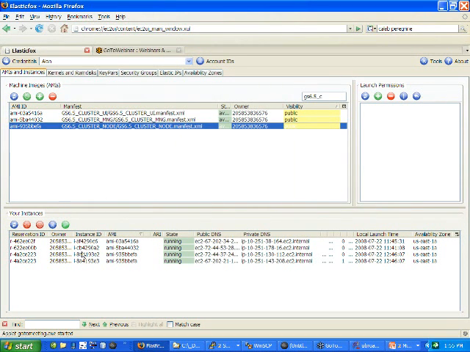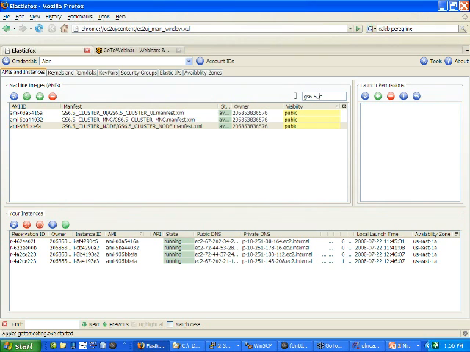Right now I've got a few images. This is the ElasticFox interface, which is free and a lot of fun to use. There are hundreds and hundreds of Amazon images. This little filter box is a blessing for me. It allows me to select only the AMIs that are of particular interest to a particular project.